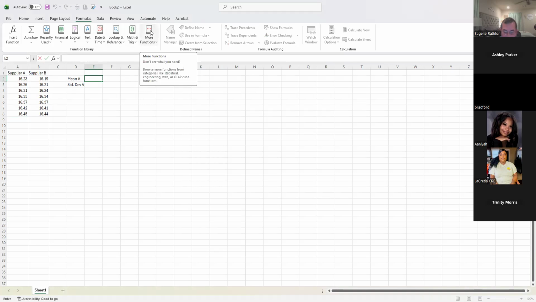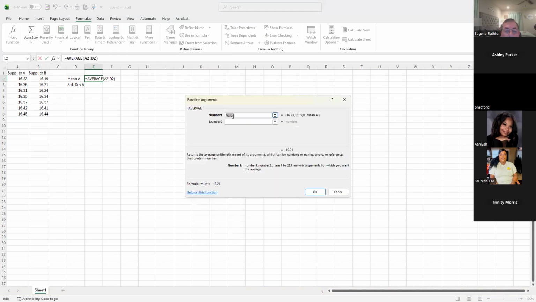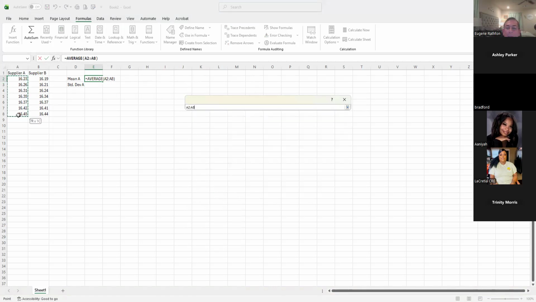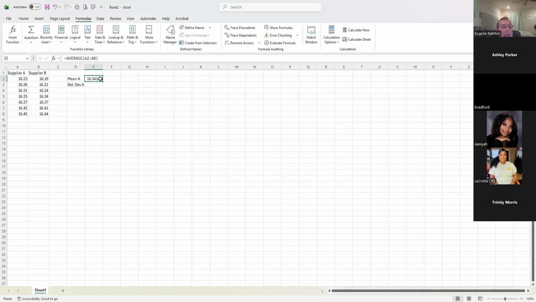Here we go. Equals. So grab the mean first and then we'll highlight the column. So average. Right here it says A2 to D2. I need to go from A2 down to A8. So now I highlight my column, put that in. I'm going to hit OK. So the average or the mean was